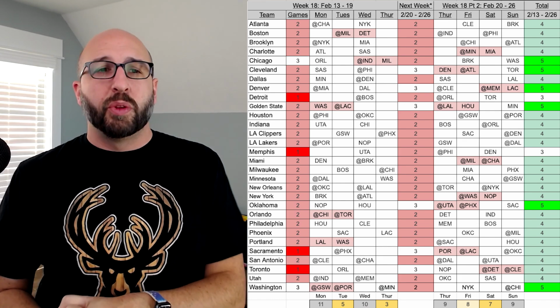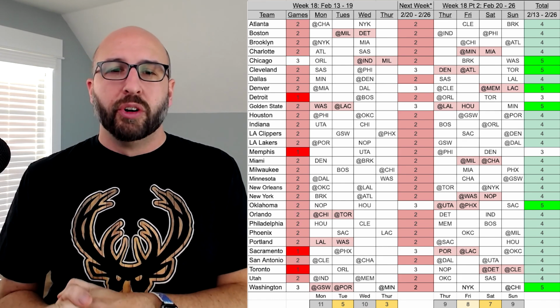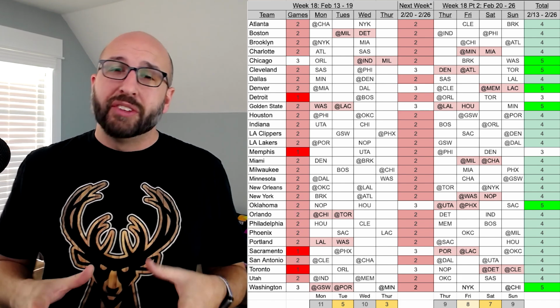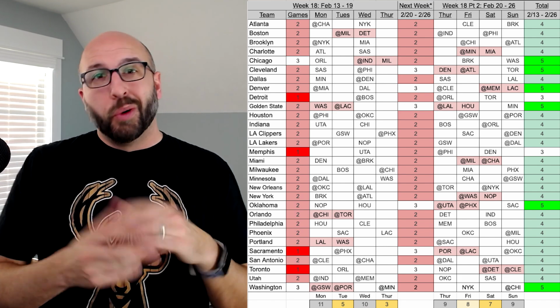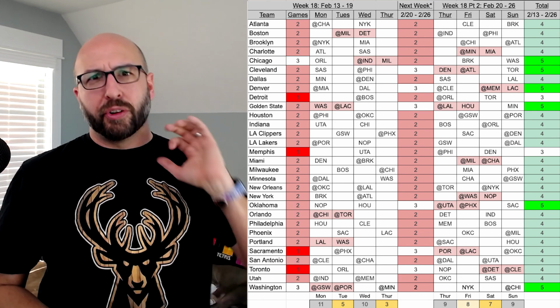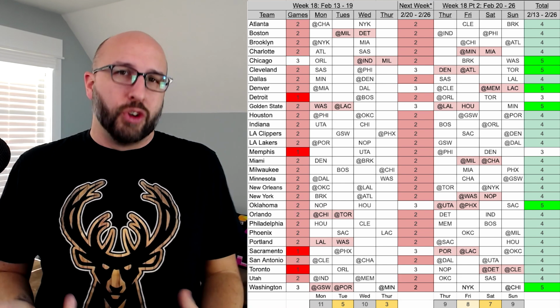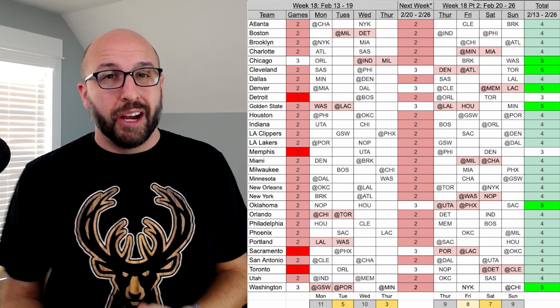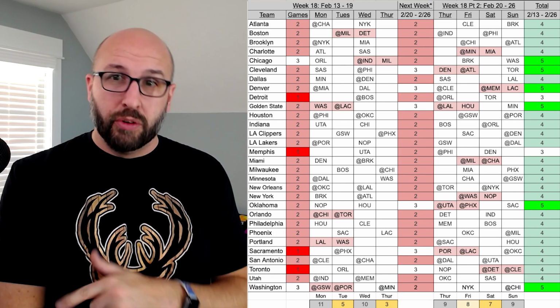Be wary of the teams with one, Detroit, Memphis, Sacramento, Toronto on the first half. No one's got only one game for the next week. And so while twos are bad and they're red based on my normal color scheme, I didn't change it. That is the norm. You can see the differences here. I don't think I have to go too far. If you got questions, leave them down below. Hit me up on Twitter.